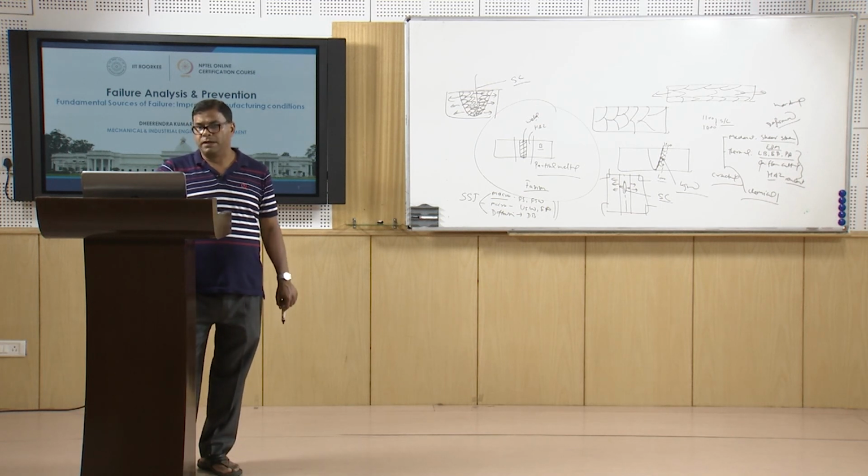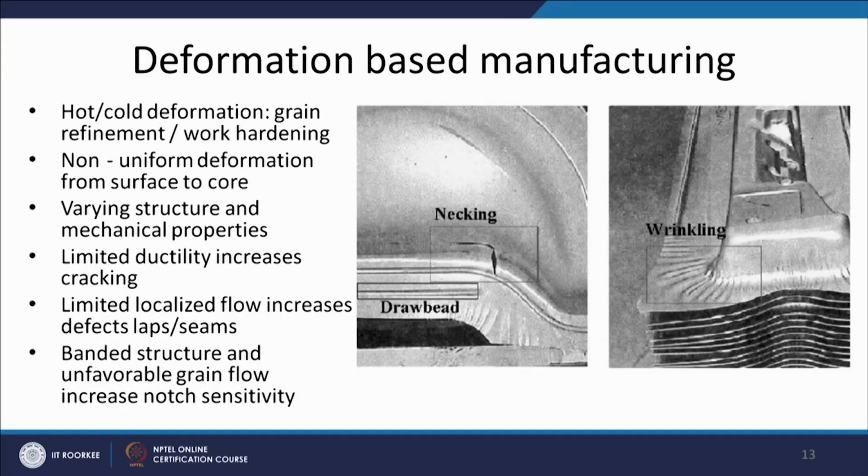premature failure. Then banded structure is another one, where one typical phase is present in a very localized way in the direction of the rolling, or unfavorable grain flow is present. Both these factors, banded structure as well as unfavorable grain flow with respect to the externally applied load direction, lead to weakness. Sometimes this increases the notch sensitivity and promotes the nucleation and growth of cracks from such locations, and that in turn can be a source of weakness, a source of failure in case